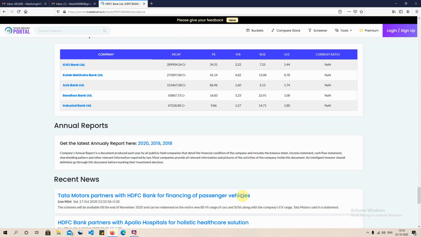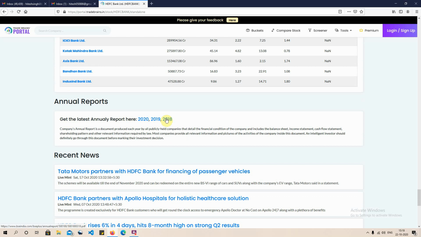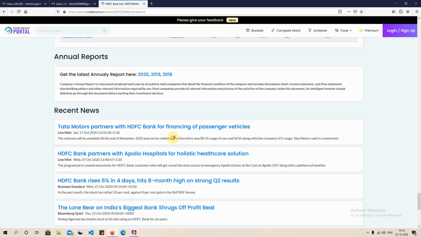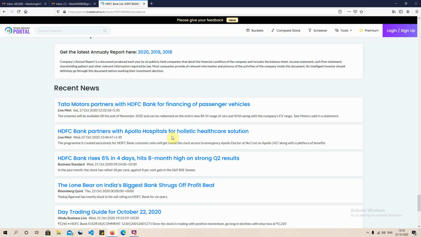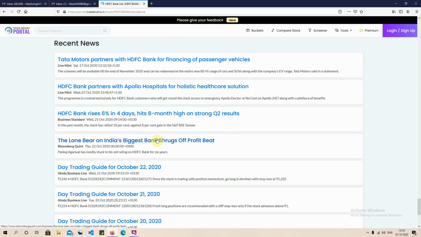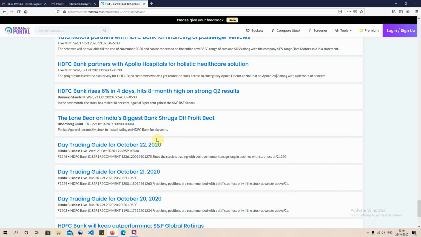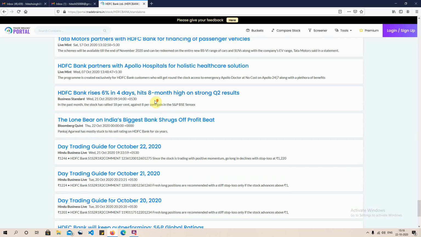And at the bottom of the page, you get to see the annual reports for the last 3 years, and all the news which are important pertaining to HDFC Bank, because for us the keyword is HDFC Bank, is available right now at the bottom of the screen, and you just don't have to go anywhere else. You just click on this news tab and you just get to see the news from different sources like the